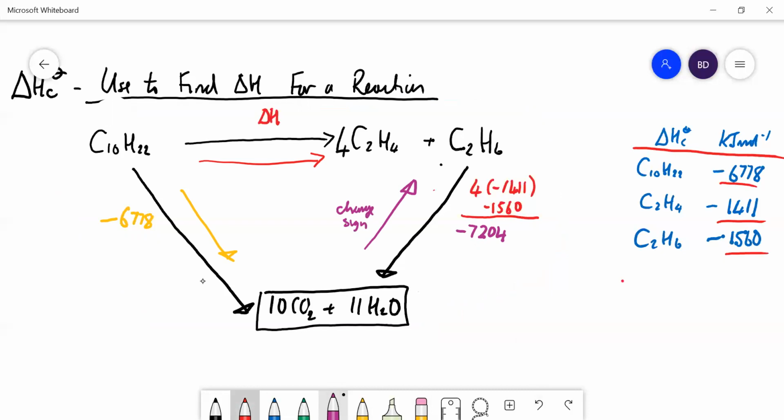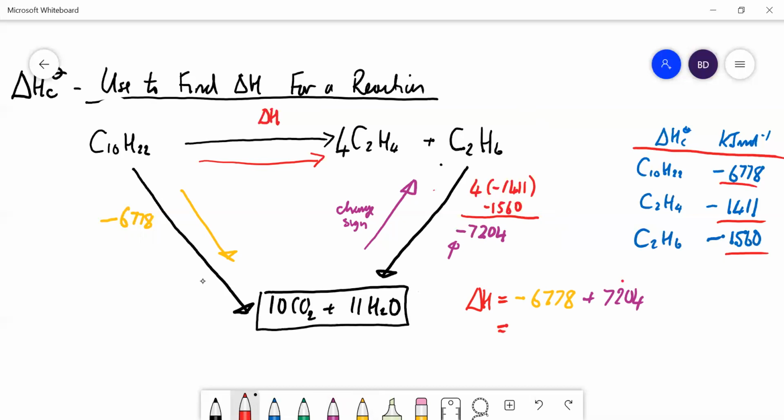So if we want to work out what delta H is, delta H is equal to minus 6778, and I'm going to change the sign here. This was a minus, so I'm going to turn it to a plus 7204, and that is going to be equal to,